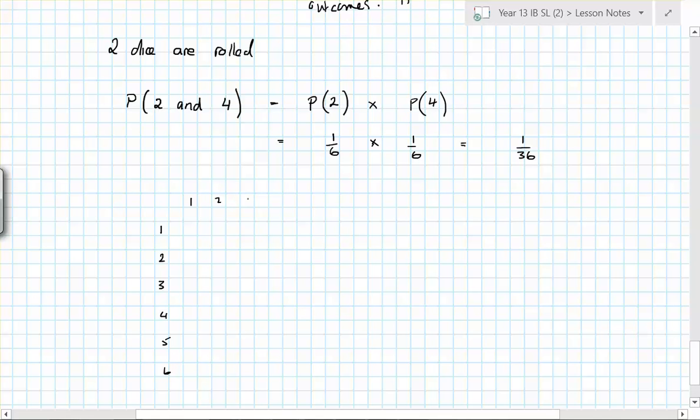On the second dice, the same thing. So what we have to do, with the aid of a grid, is figure out how many possible outcomes there are. Getting a 1 and a 1 is one possible outcome. So if I look at this, I know that rolling 2 dice, there are 36 possible outcomes. So what is the probability of a 2 and a 4? Well, I can get a 2 and a 4, and that's one possibility. But what's the other option? 4 and a 2. Okay, that's why we have